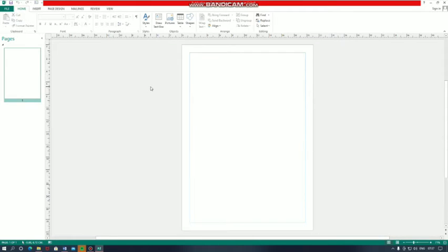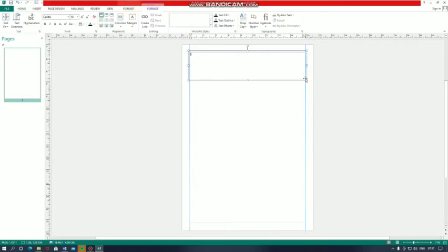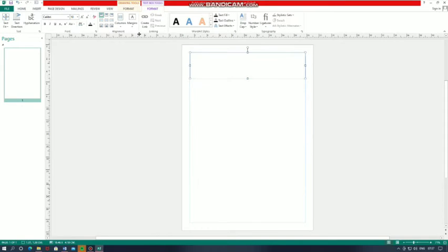Now, let's insert 3 text boxes on the page. See figure 4.19 in page 71. So, first of all, we insert 3 text boxes. Draw text box. This is one.